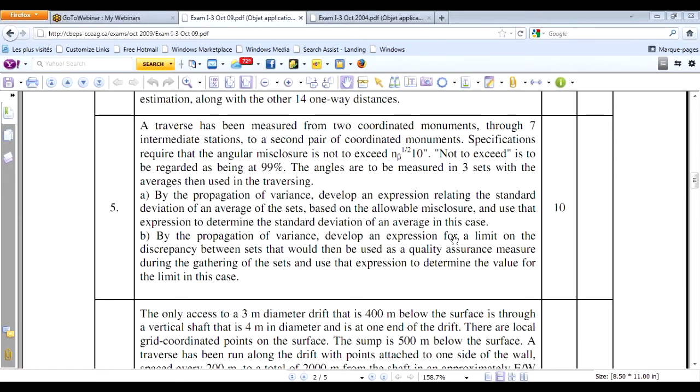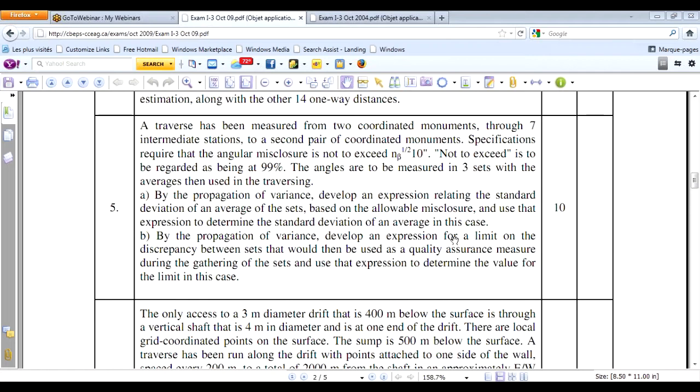So then it's a question of, well, how do we propagate from individual angles into misclosure? Well, that's fairly straightforward. You just follow the route that you would have done in the calculation. You take the included angle, convert it into a deflection by adding plus or minus 180 and giving it a proper sign. So that means that the deflection uncertainty is the same as the angular uncertainty. We assume that each one of them is going to be the same at this stage. So we then sum the